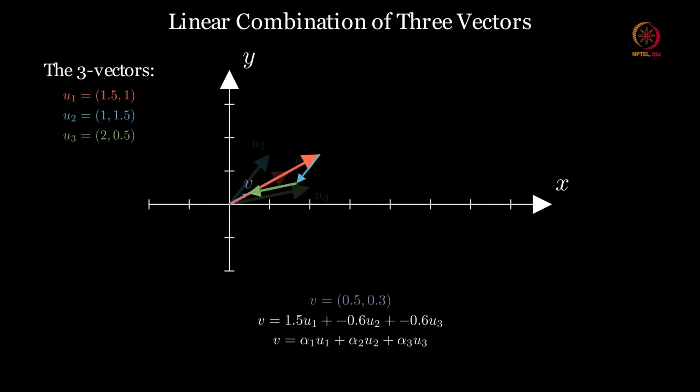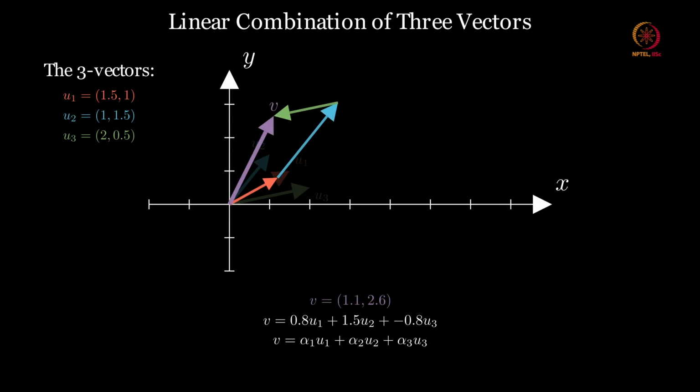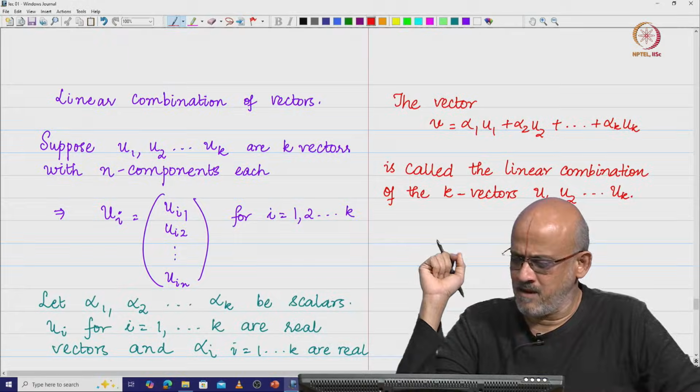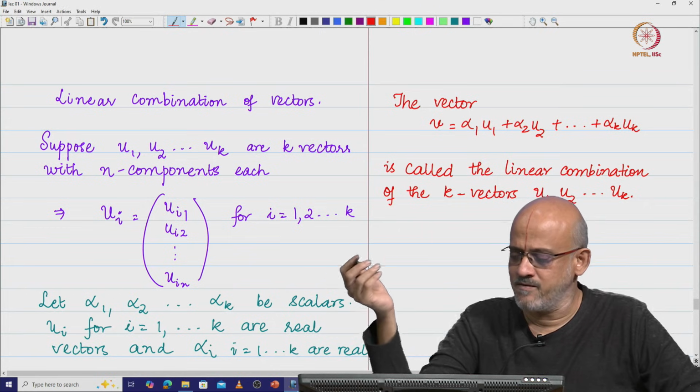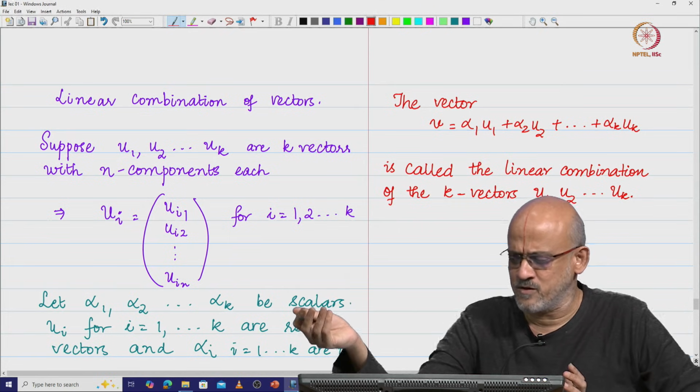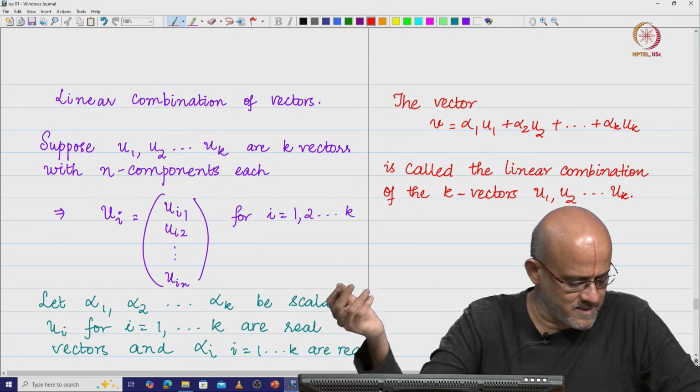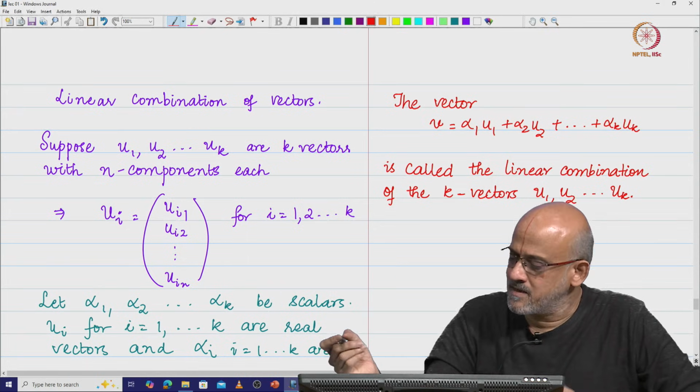So, the resultant vector that you would get, say V, would also be an n component vector, which is given by combining the scalar multiples of these vectors u 1 to u k, and that is precisely what you would call linear combinations of the vectors u 1 to u k. So, V can be expressed as a linear combination of the vectors u 1 to u k. Have we looked at something like this before? Of course, yes. We will look at some simple examples here.